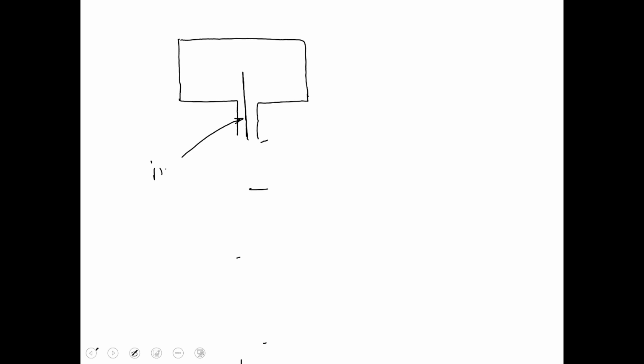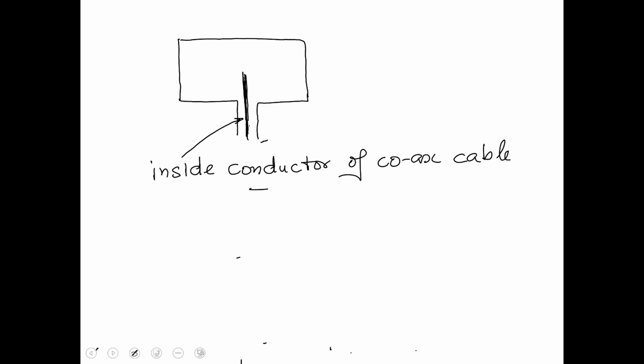If I take this waveguide and make a small hole here, and I feed my coax cable inside, if I feed there, then we know that, this is something you probably have seen in your